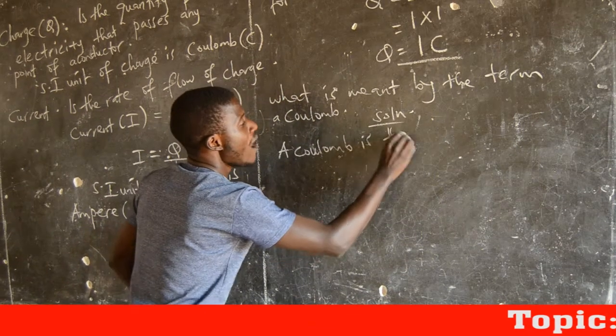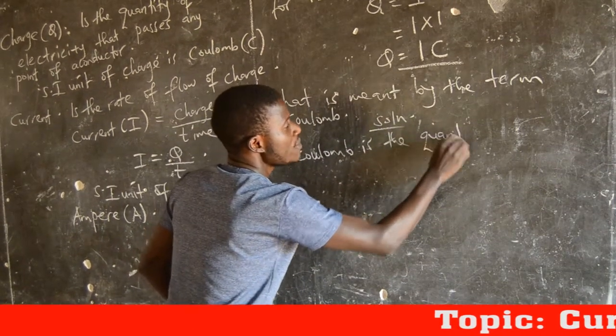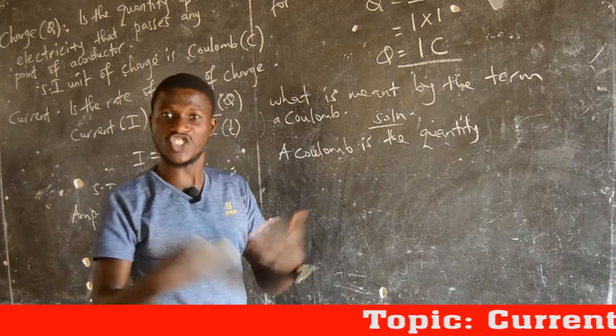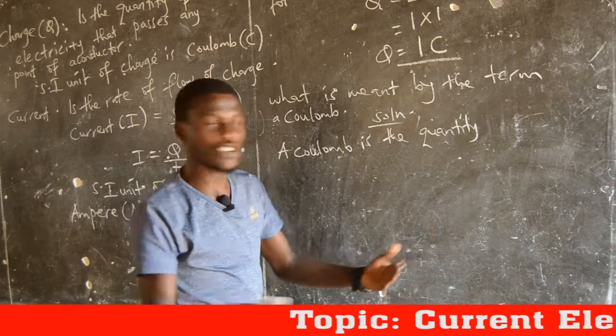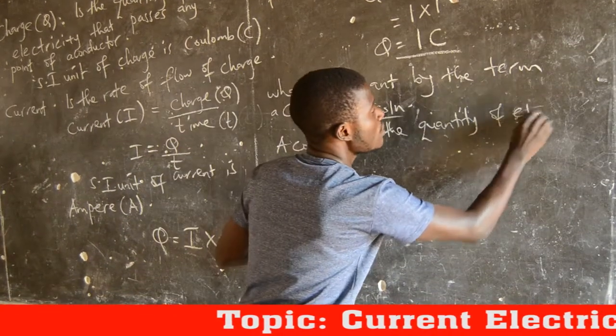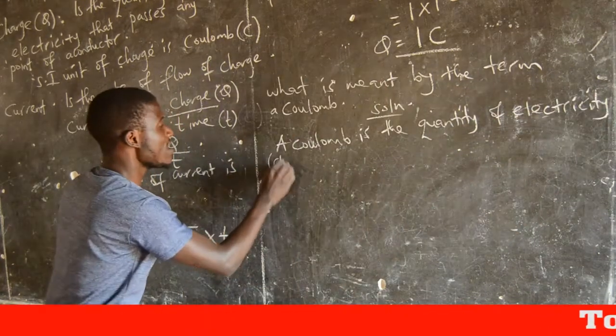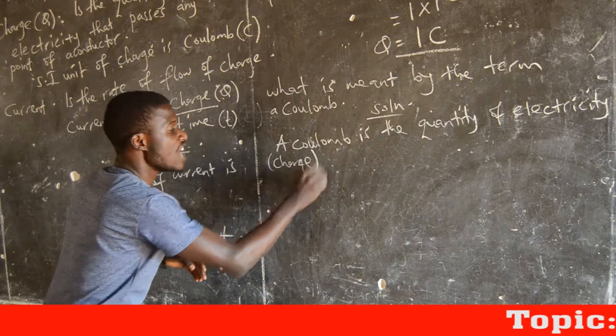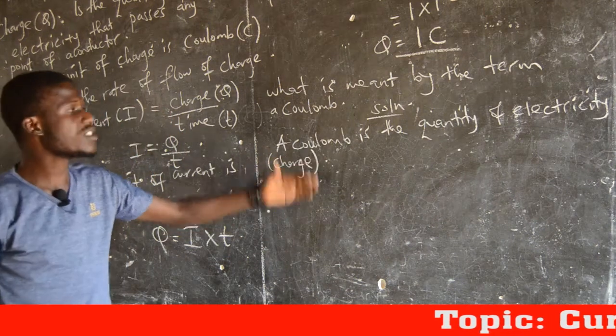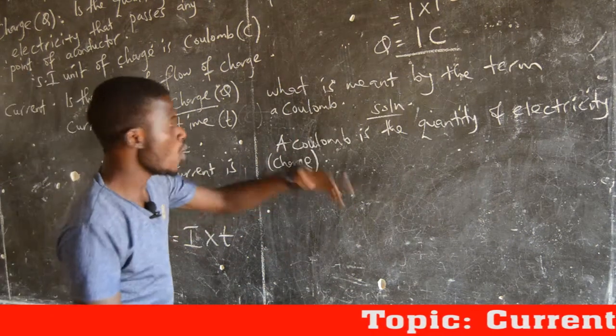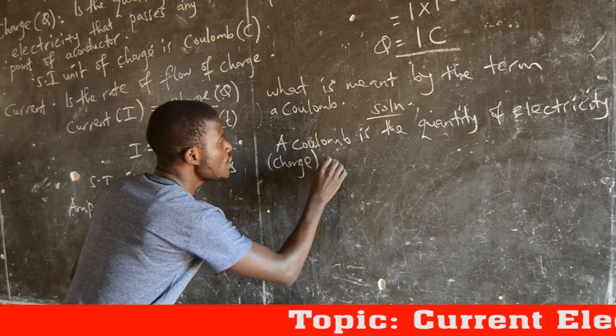is the quantity of electricity. Remember, quantity of electricity means charge. You can say it is the charge or the quantity of electricity. A coulomb is the quantity of electricity, or in brackets, the charge. Are we there? A coulomb is the quantity of electricity, or is the charge, which